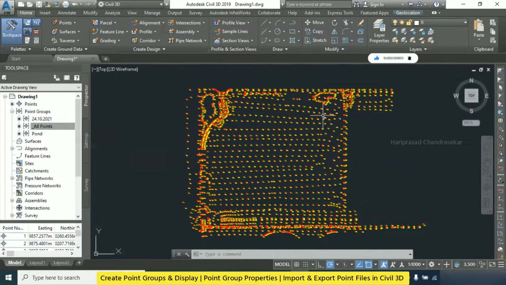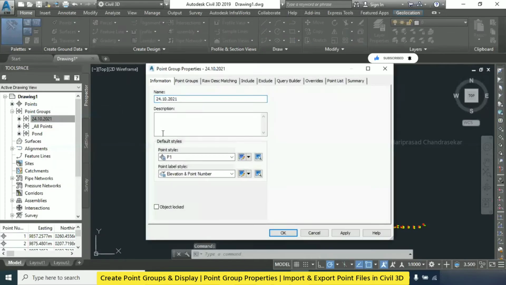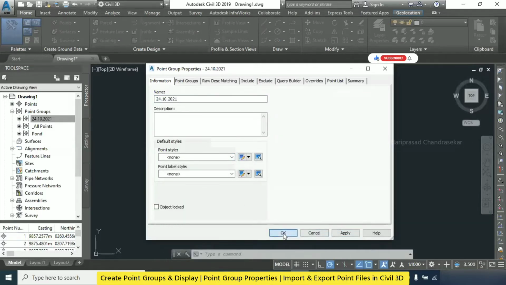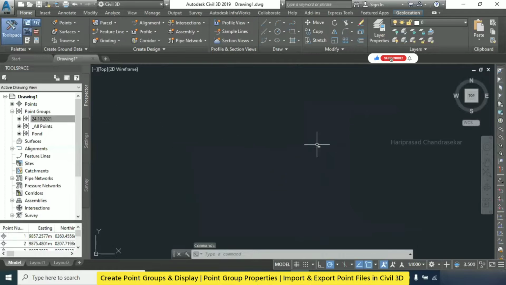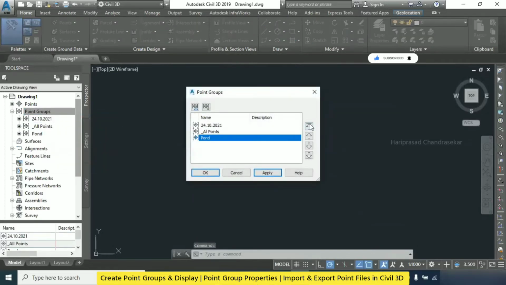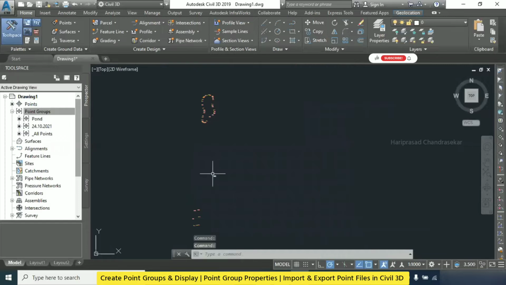This option what you did is for only all points, but if you did it in the one you created and switch it off, it will switch off, no? If you do that property and set none now, everything goes. See, nothing is visible. Why? Because it is on top of everything. You just move the property, and if you bring this point up, then we can see the pond alone.